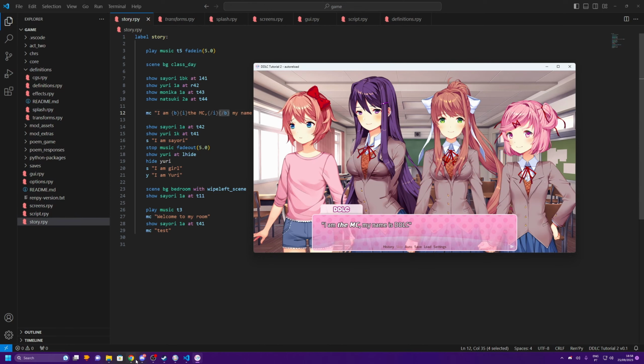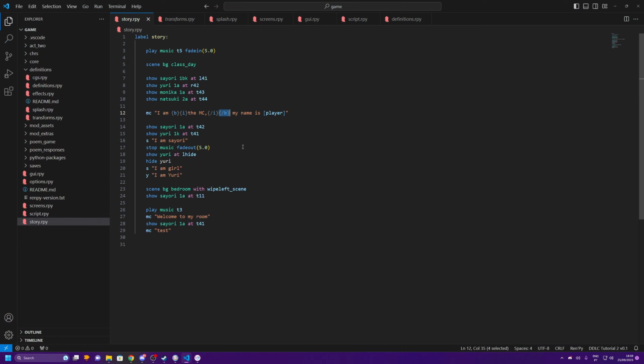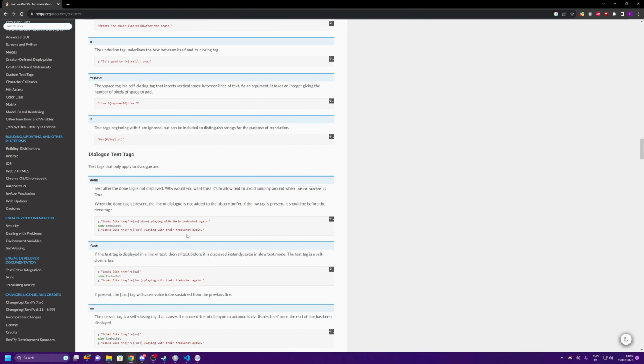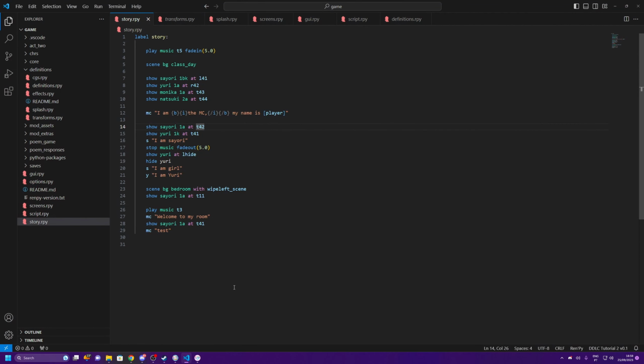Now once again, the best thing you can do is go over this documentation and see what's available. I just want to point out that overall there are 3 types of text tags. The first one is this one that we already have here, that has an opening tag and a closing tag. There are others that are self-closing, which means they don't need a closing tag. A very commonly used one in a lot of mods is one that's below here in the dialog text tags, which is NW, that stands for no wait. What no wait does is, let's write here,